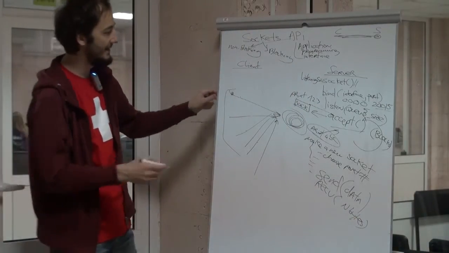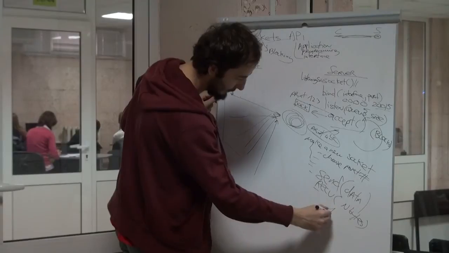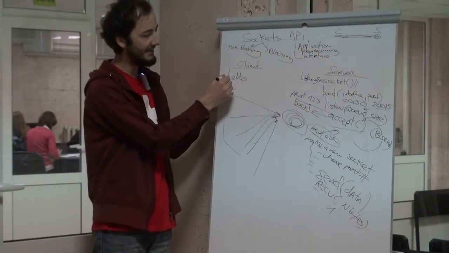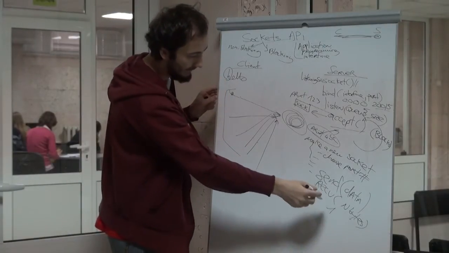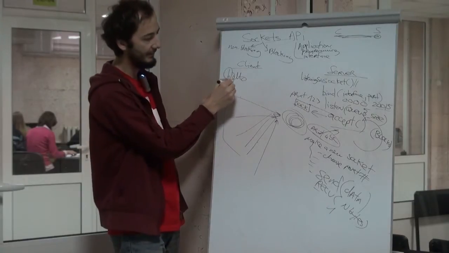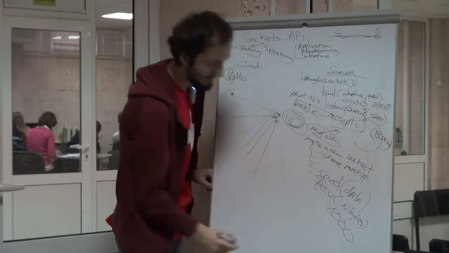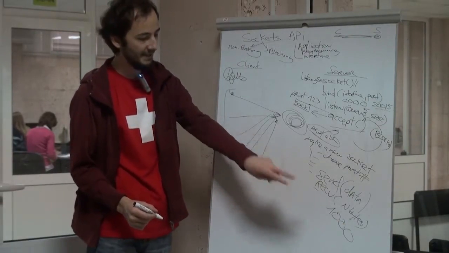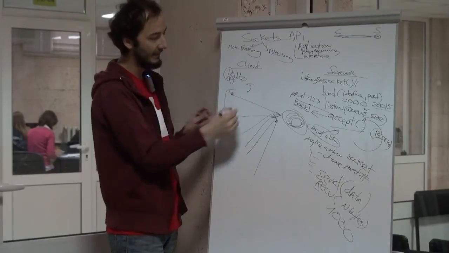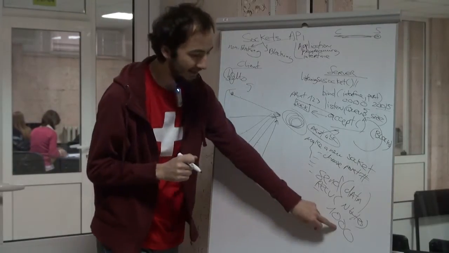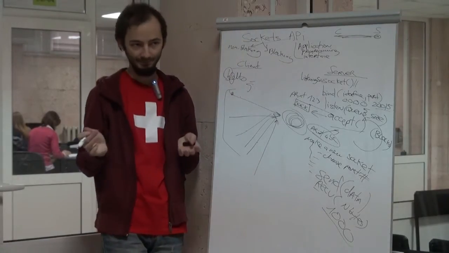So for example, if the client sent me the string hello, and I called the receive function with 1 as an argument, it will only receive this first byte. If I call it again with the value 1, it will receive E, and so on. I can also say receive 1,000 bytes, and it means receive up to that many bytes. So if the client only sent me 5 bytes, I will receive just the 5 bytes. It will not wait until someone sends me more stuff and it reaches the number 1,000. Does it make sense?